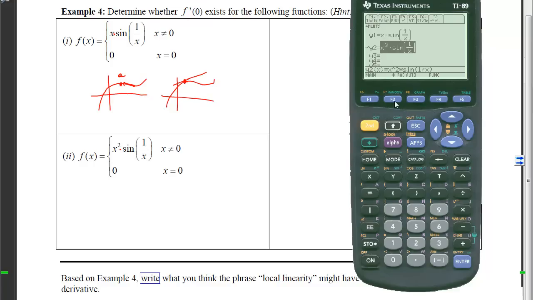So I'm going to go into my window. Actually, let's just do a zoom. And I'm going to zoom standard. We'll start off with that. And here's our function. Looks pretty nice, except maybe we can't really tell what's going on at 0. So if I zoom in at 0,